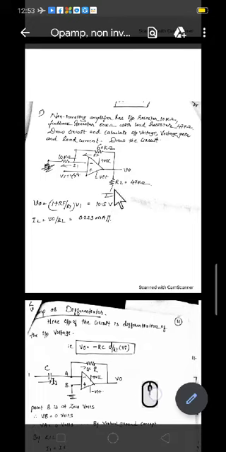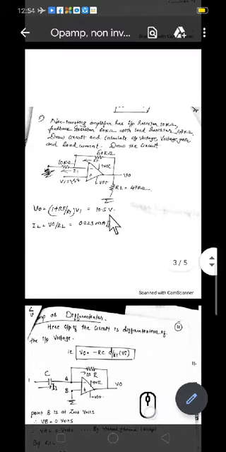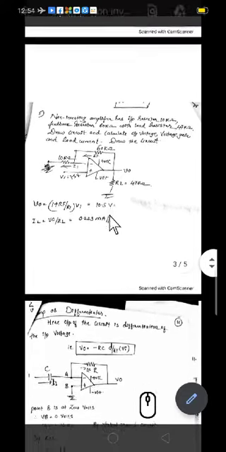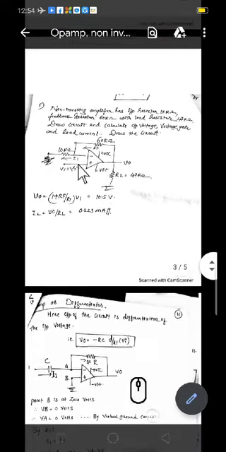Substitute the values, you will get V naught. Then one more question is asked, find the current flowing through the load here. Current flowing through the load is I is equal to V by R. Which V and which R will you consider? Output voltage and the RL. Yes, output voltage you have calculated and RL value is given. Do that and get the value of the load current. That is the current flowing through the load, which is done here.